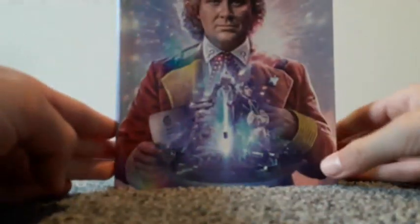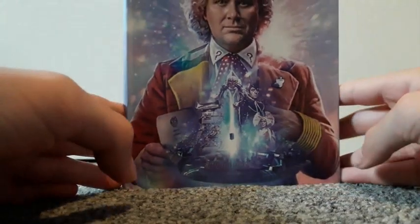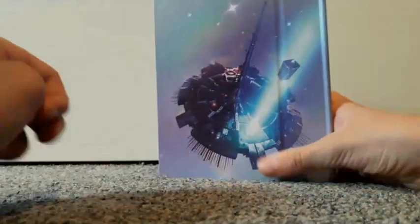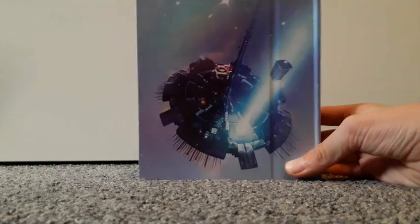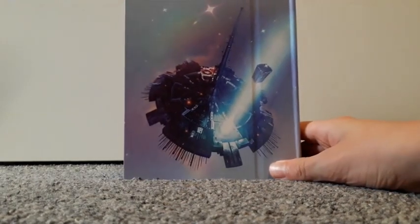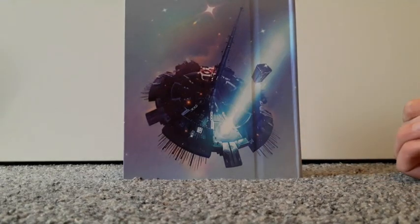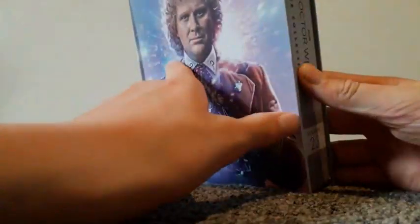take it out of its sleeve, you've got it without the text, the lovely illustration there. On the side, it doesn't have the age rating. On the back, it usually has an image containing the TARDIS. For season 14, I know it's the Mandragora Helix. This is the TARDIS being beamed into the trial ship. So then, when you open it up,